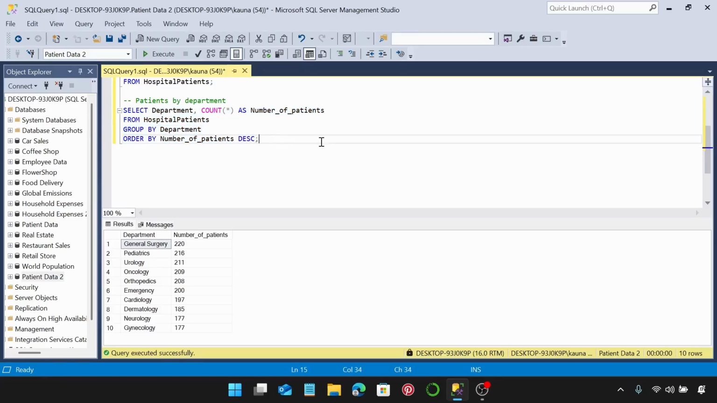Next, let's look at the costs for treatment by department. So I'm just going to make this total treatment costs by department. So